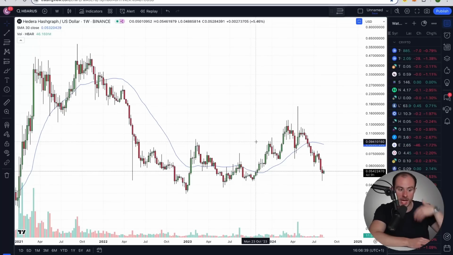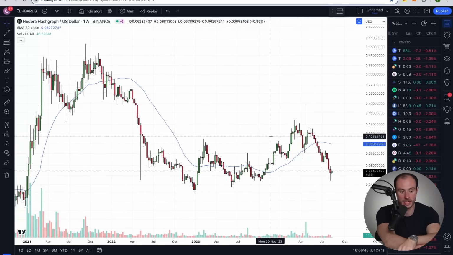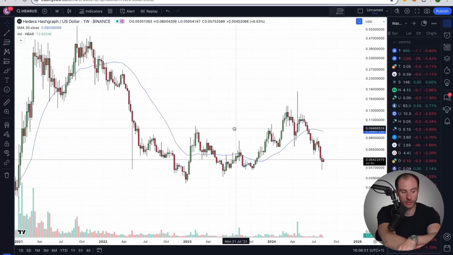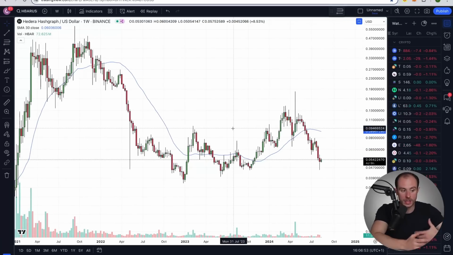Some altcoins we have are still hundreds of percent up. Certainly before Bitcoin had this pullback, we had some altcoins 600% up. And Hedera did very well for us for a time period, but of course has given a lot of those gains back. But this is still, I believe, a beautiful spot, an accumulative spot that we're currently seeing take place for Hedera. And we'll certainly look at what's to come.